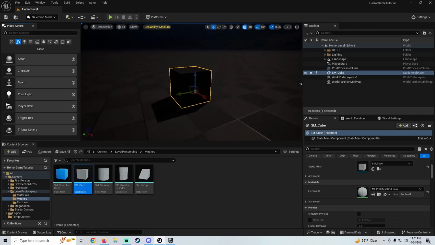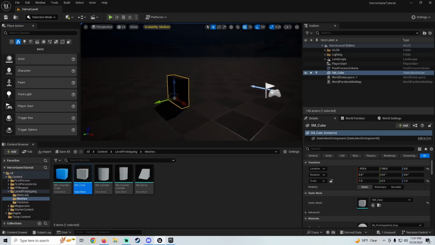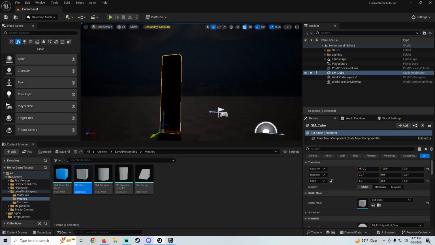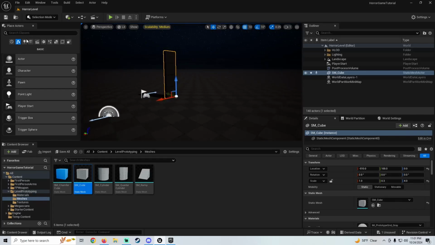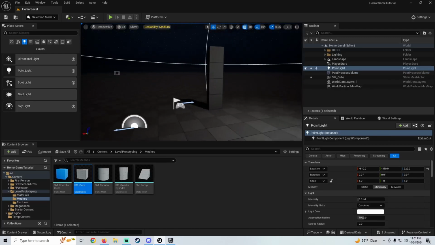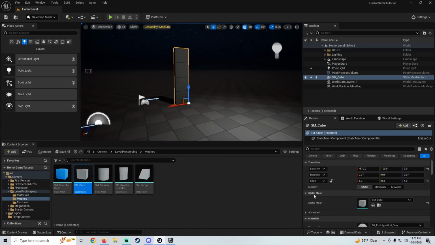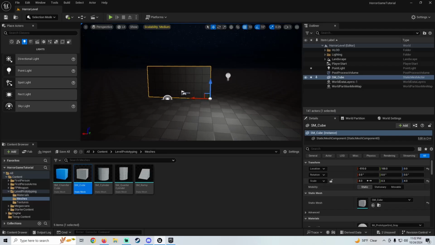So what I'm going to do here with our cube is set the Y scale to 0.3, and I'm going to set the Z to 4. That way we get something kind of like a wall. And for now, I'm going to go over here to the lights, and I'm going to bring in a point light just so we can see what we're working with. We made it night, so it's a little bit harder to see. So we'll click back on our cube, and I'm going to set this guy to something like